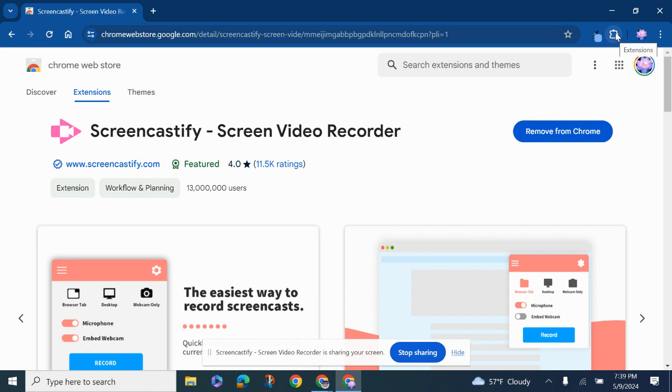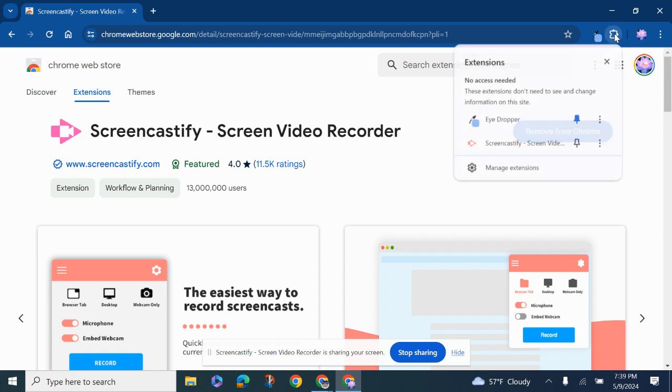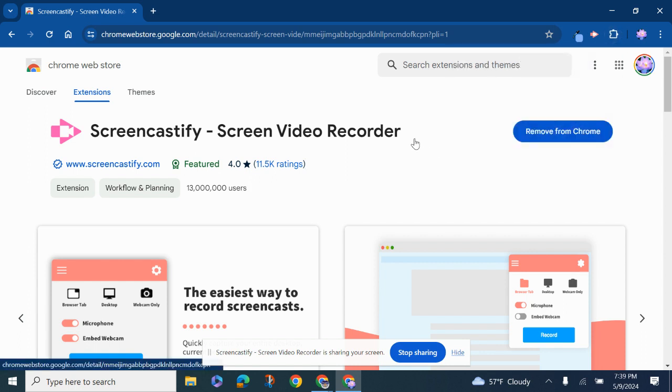So what you're going to want to do is you're going to want to click on that puzzle piece. You're going to want to pin it, because when you pin it, it's going to be right up here at the top. Okay. So then let me explain to you what you're going to do from here. So let's see how far I can go. When I click this,